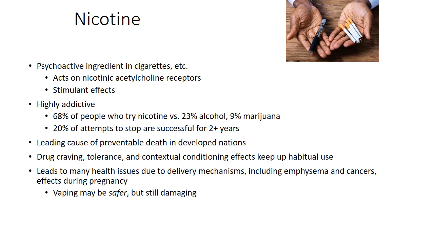The first drug to talk about is nicotine, and we talk about it first because it's very common in terms of substance use disorders. Nicotine, of course, is found in cigarettes and other things like vapes and gums and that sort of thing. Nicotine is psychoactive in that it has a psychological effect on our nervous system, particularly it leads to stimulant effects by acting on nicotinic acetylcholine receptors. It's actually the name nicotine refers to its effect on those types of receptors for acetylcholine.